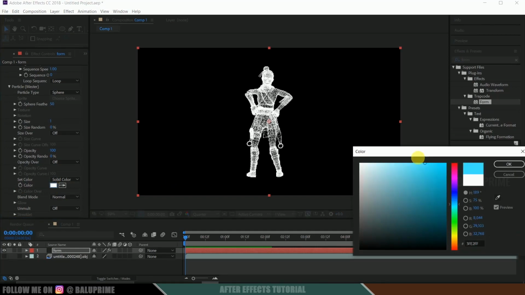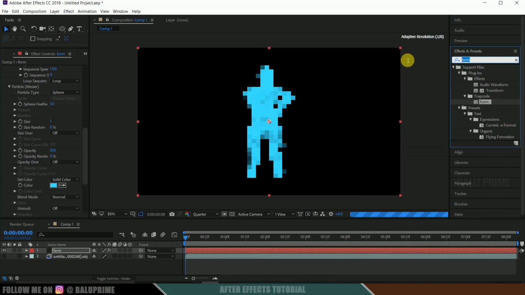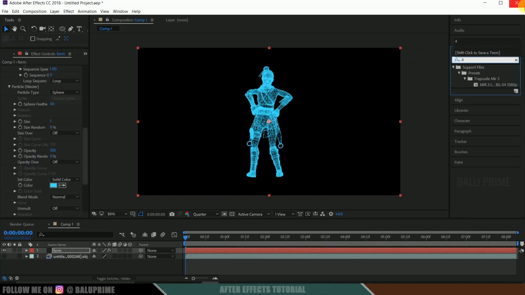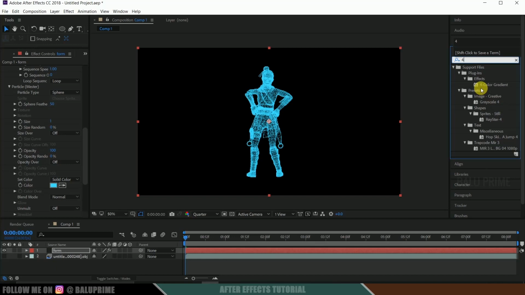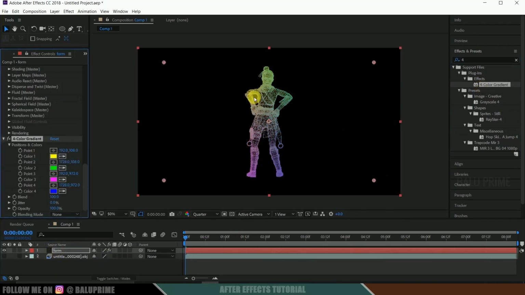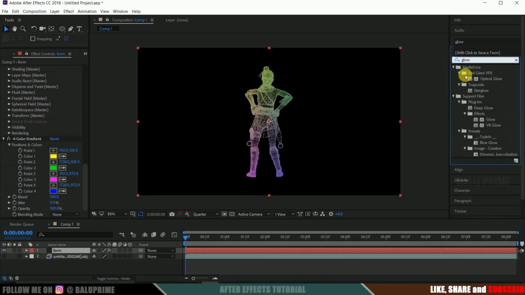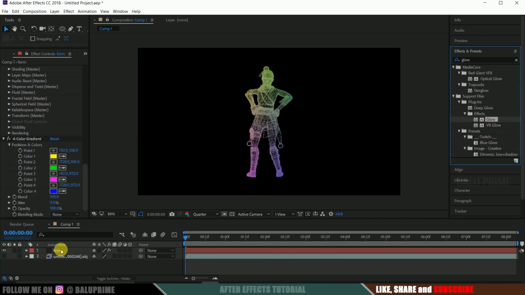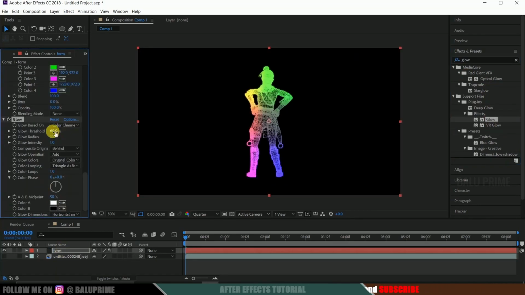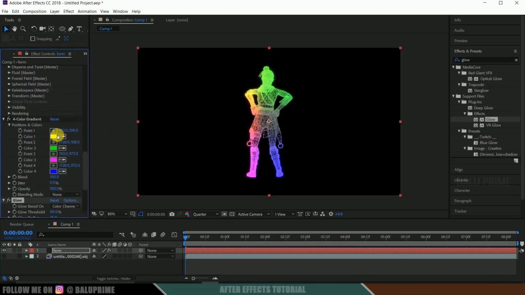Now if you want to change the color of this, just click on this color and select your preferred one here, or else you can apply gradient also. So let me show you that. Select this 4 color gradient and simply drop it onto this form. You can see this gradient color is applied. So I will be leaving this only. In order to make this a bit brighter, let me check it, glow, select this glow and drop it onto this form again. Okay, now glow radius, let me change to 25. If you want to change this gradient colors also, you can change them here.